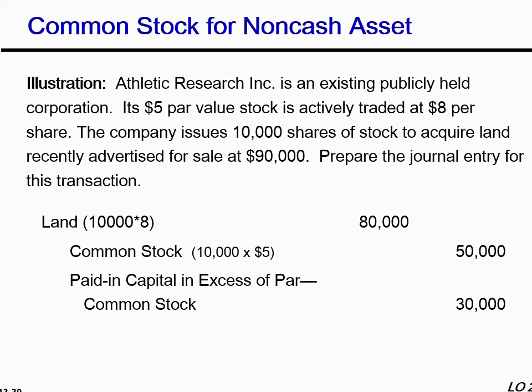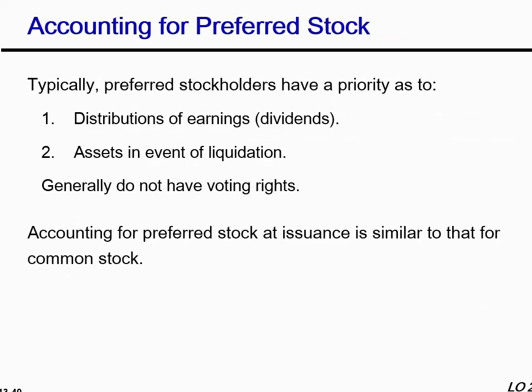Since we are discussing common stock, let's discuss quickly about the preferred stock as well. Preferred stock is issued to some priority owners, those people who have done something special for the company. They are typically preferred shareholders, and why are they preferred? Because they have priority for the distribution of earnings. Whenever the company starts giving dividends as the distribution of earnings, the preferred stock will always be paid first. Whatever is left over will be given to the common stockholders.